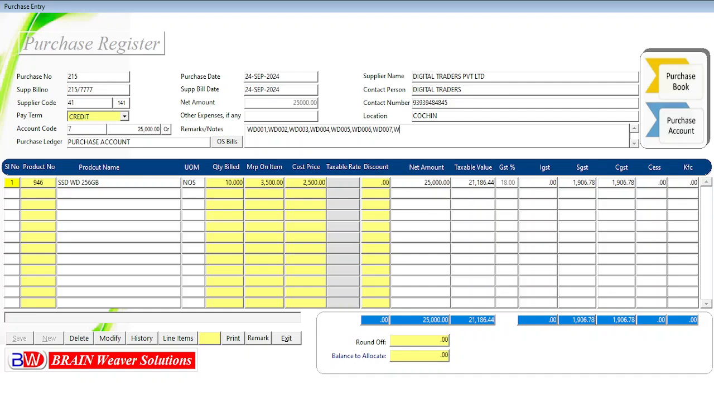WD007, WD008, WD009, WD010. Consider I have purchased 10 pieces of this SSD Western Digital 256 GB and the